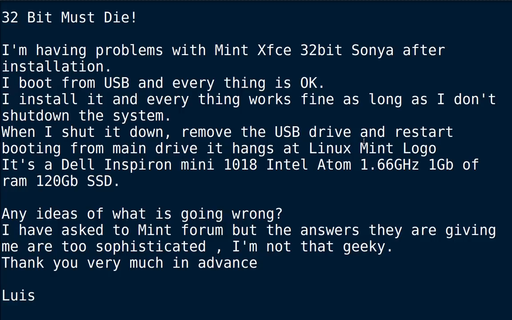32-bit is being phased out. Ubuntu is dropping 32-bit. Arch Linux dropped 32-bit. 32-bit is going away, and I say goodbye and good luck and see you later, because it's caused a lot of confusion over the years, like in this particular situation. I'm sure that they looked at this and said, somebody somewhere said that, okay, well, for that system, it's an Atom processor and it's 1 gigabyte of RAM. Just use a 32-bit version. And that can get you into trouble right now because the 32-bit stuff has some compatibility issues at this point.